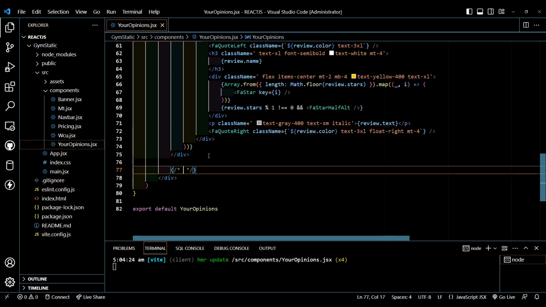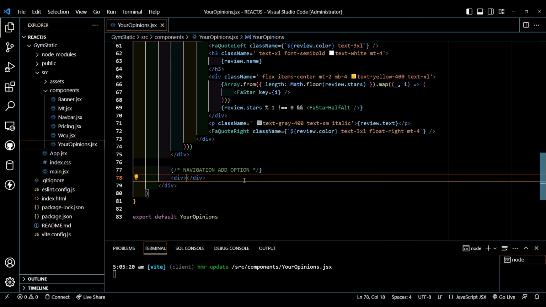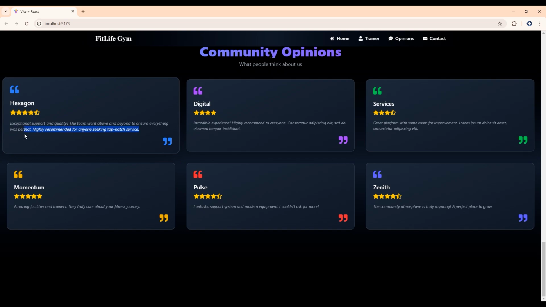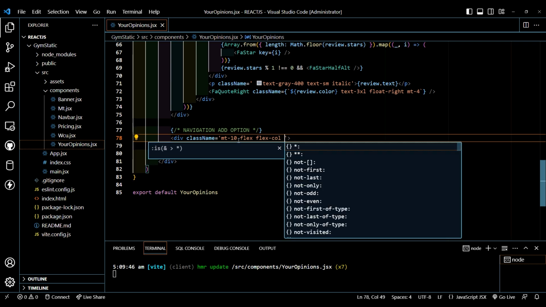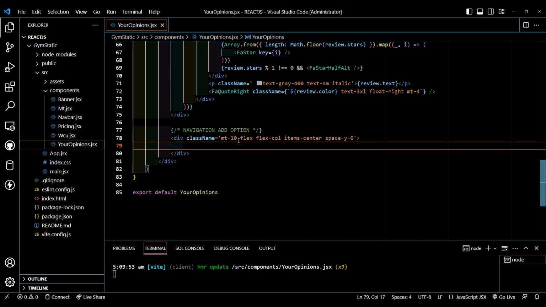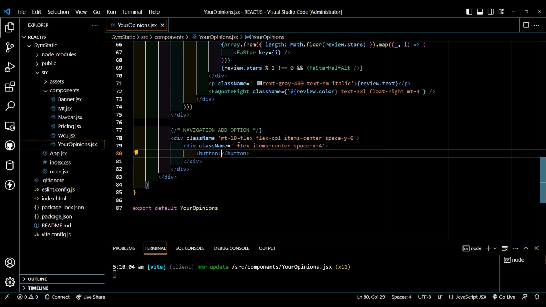Let's close this. Let's create navigation, add option. Let's create div, className mt-10. As you can see, the text is present here in italic format. mt-10, flex-col, items-center, space-y-6, div, className flex, items-center, space-x-4. Let's create button, className,